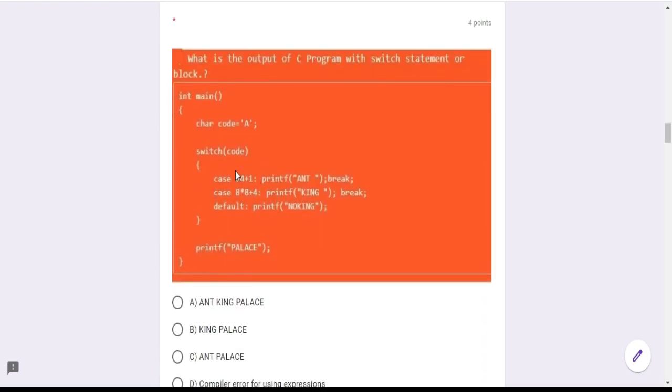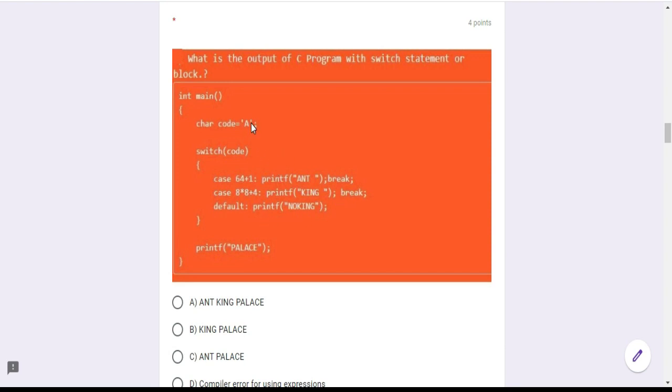The next question, char code equal to a. Actually the code is declared as a character, the value of a. Then the switch statement, the value inserted is the code, which represents the input value. So the case a is a value, but the case is declared as an integer. Integer means case 64 plus 1 and the case 8 star 8 plus 4, and default is some statement. So what happened here?